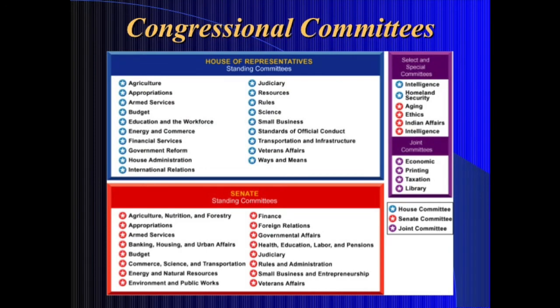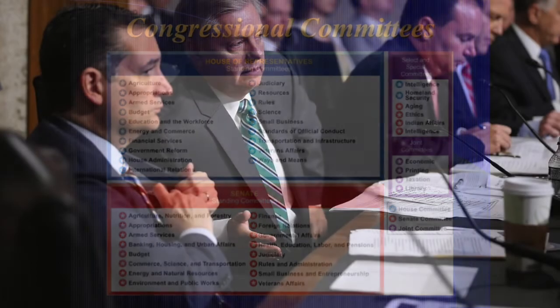So there's a Senate Armed Services Committee that deals with all of the different aspects of the military, of the Navy, of the Army, how much members of the military get paid, things like nuclear weapons, the types of weapons systems that Congress thinks that the military should purchase. All of these different aspects of the armed services are dealt with in the Senate Armed Services Committee.